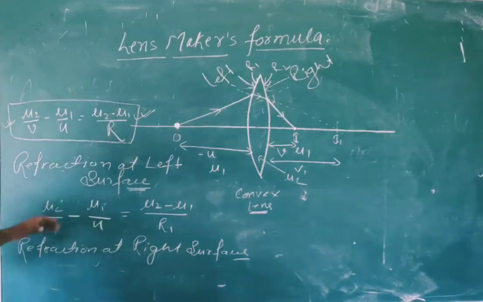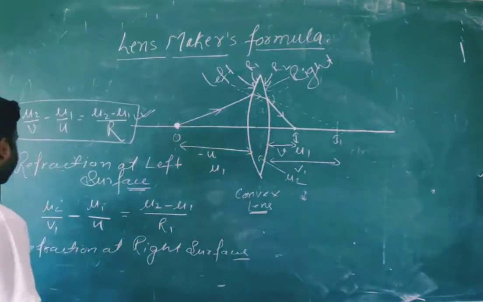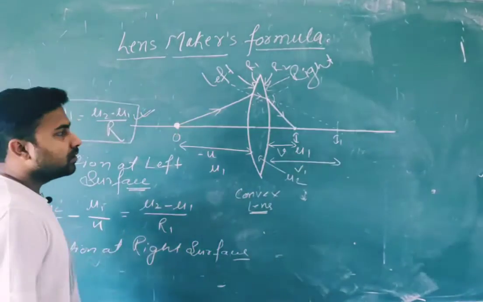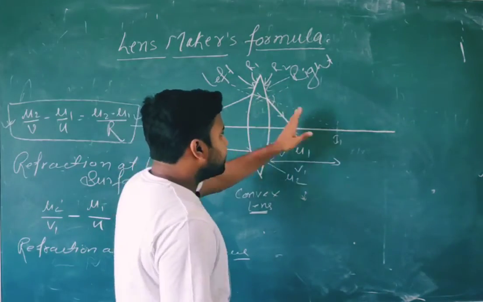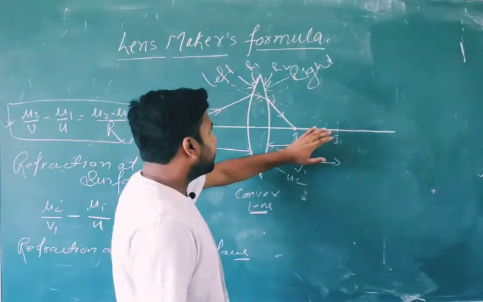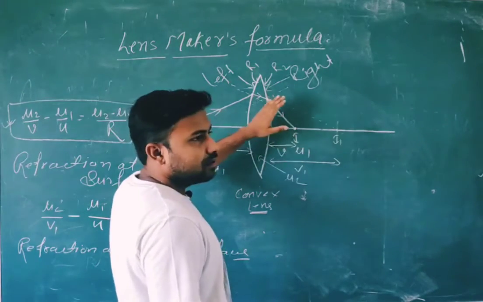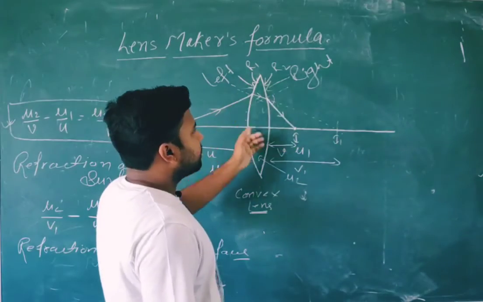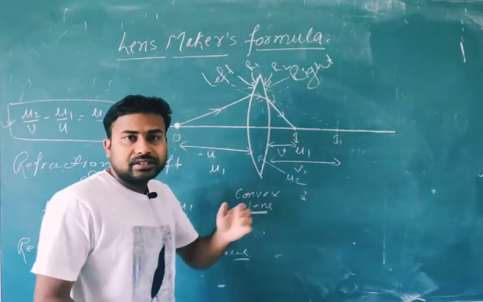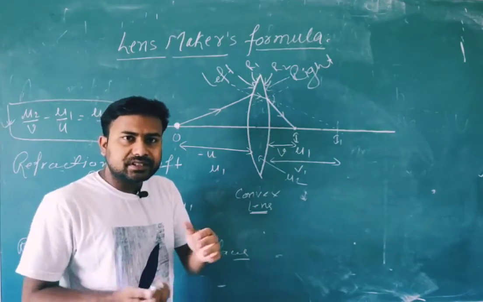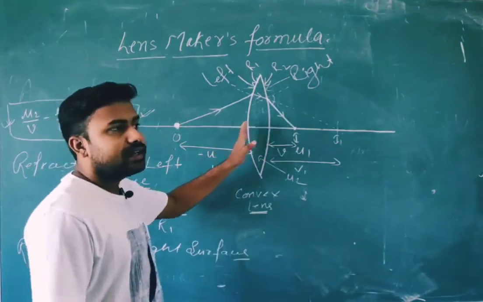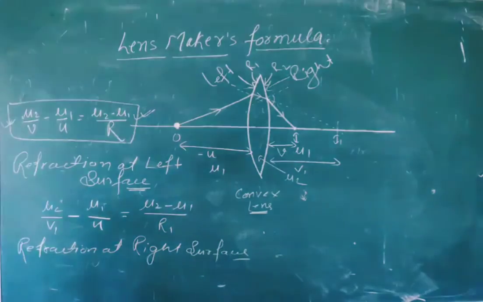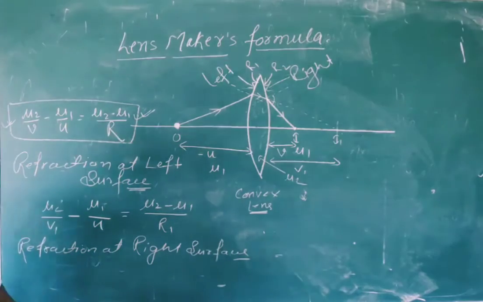Okay students, if refraction is happening at this right surface, now what can we write? Look at this, where is the image forming? Our object is at this point. But what you can assume here is that this refraction is happening from denser to rare. Earlier it was rare to denser, and we wrote it like this. Now here it's happening from denser to rare. So now what can we write here?